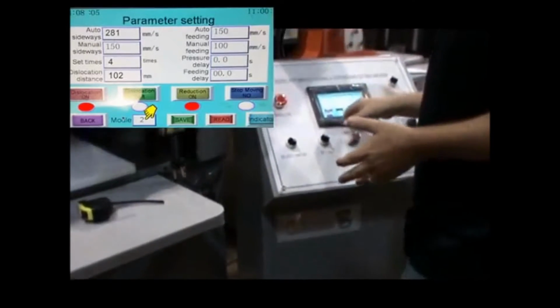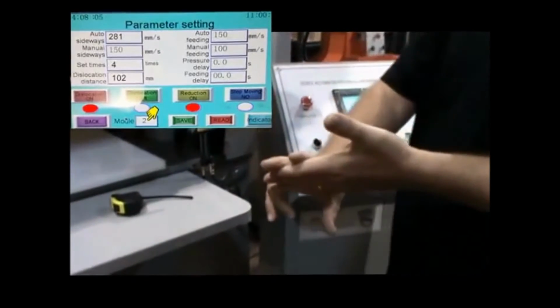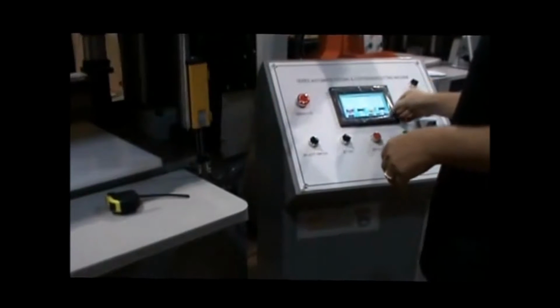And then you have a model option here. You're able to enter that job in as Model 1, Model 2, Model 3, Model 4, and enter these into memory and be able to come back to them later on. You also have your